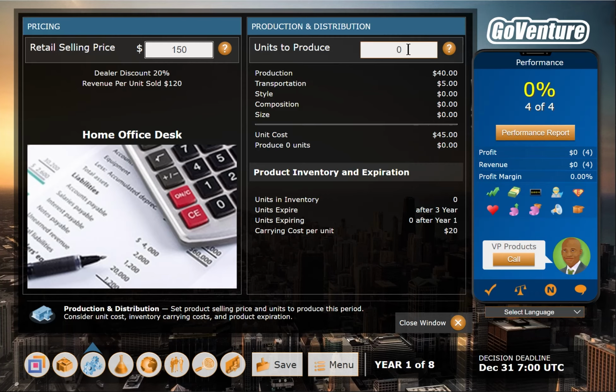In the production and distribution box, I have to identify how many desks I think I'm going to sell this year. And I would enter that information in this box. And what I want to do here is forecast exactly how many desks I think I'm going to sell. I don't want to manufacture more desks than I'm going to sell, because that has other costs and issues associated with it, which you'll see here, like inventory carrying costs and so on, and it also ties up my cash. I also don't want to manufacture too few desks, because then I might miss out on sales, where consumers want my desk, but I've run out of inventory.